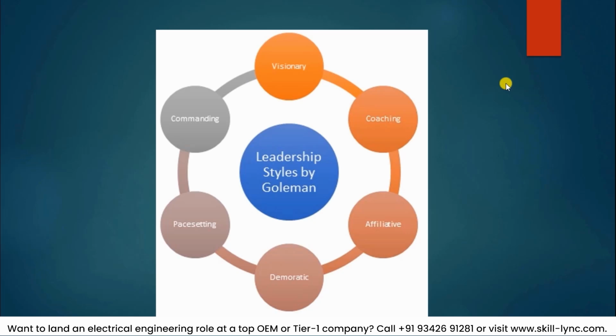He'll try to support you more. He'll try to ensure that a lot of trust is built into the system. He'll try to support in each and every manner so that the main focus is that the team should be a singular one. So whatever is required, the leader will try to do it. So that is the affiliative type of leadership. He'll try to bring people together.